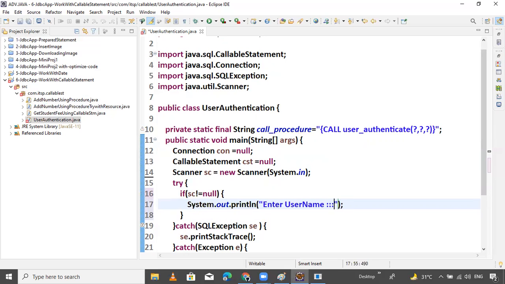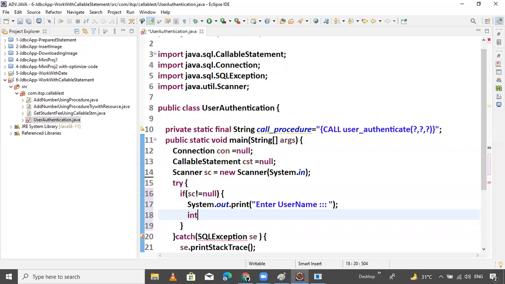In the same line, just remove the ln. String uname equals to sc dot next is the method. Next is the method, guys.